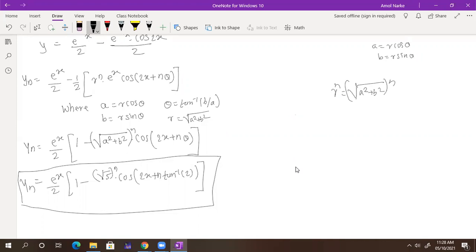There are lots of examples like that. Now, what happens if we have a product? What happens if we have a product? For that purpose, we have the Leibniz rule. Very easy rule. You just need to understand how to solve the example by using the Leibniz rule. Once you understand that one, it's very easy. You can say that the Leibniz rule is a generalization of your product rule. Whatever product rule you have, it's a generalization of that.